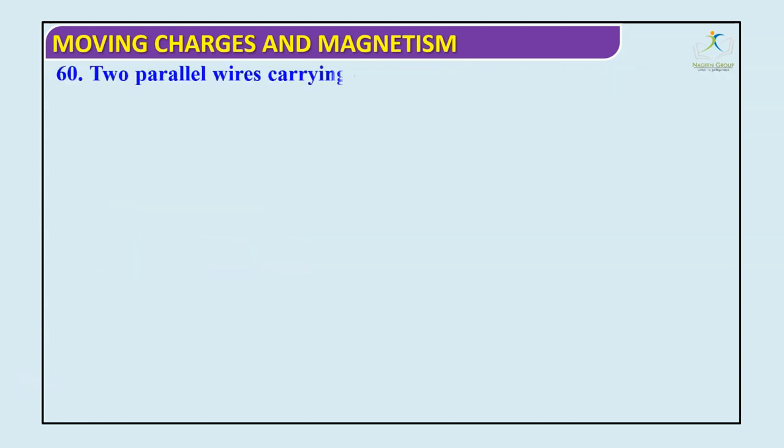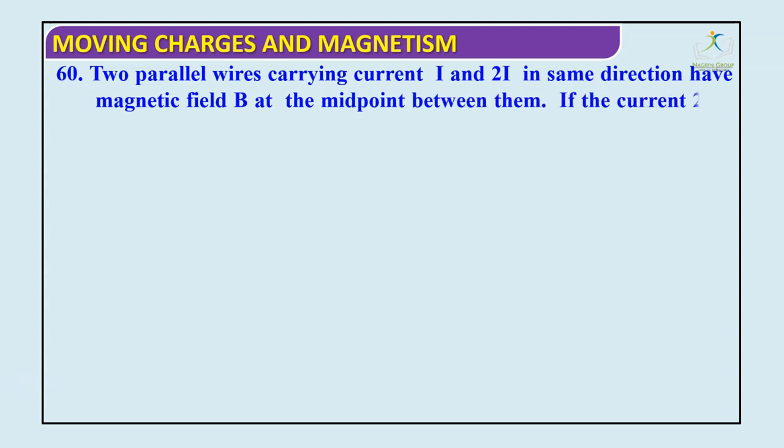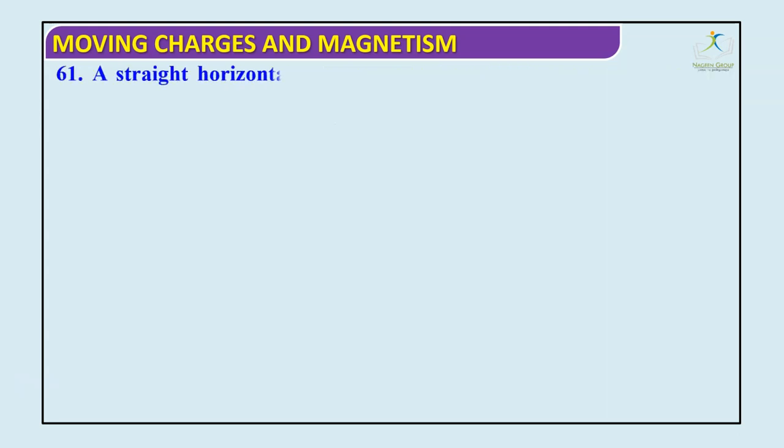Next question, we have two parallel wires carrying current I and 2I in the same direction have a magnetic field B at the midpoint between them. If current 2I is switched off, the magnetic field at that point will be... We have these options. So the correct option for this question is B. Moving ahead,